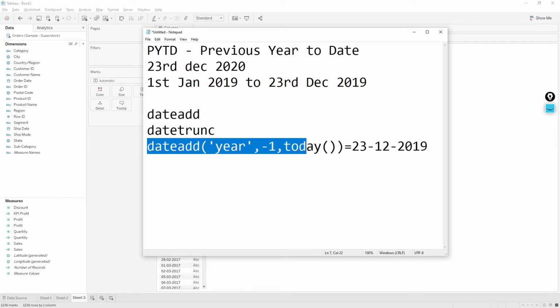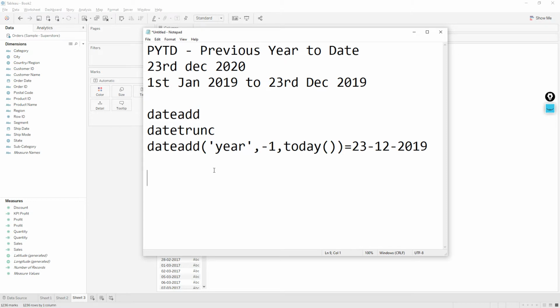Okay, and to get the beginning date for the previous year, for the same function we will add the date trunc function. The date trunc function truncates a date to a specified period based on the date part.